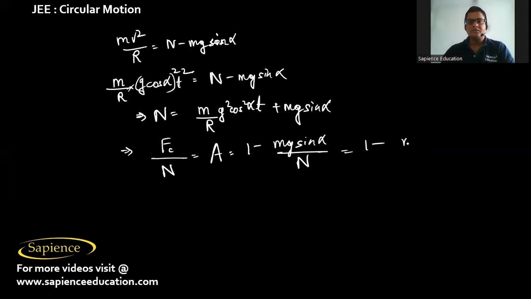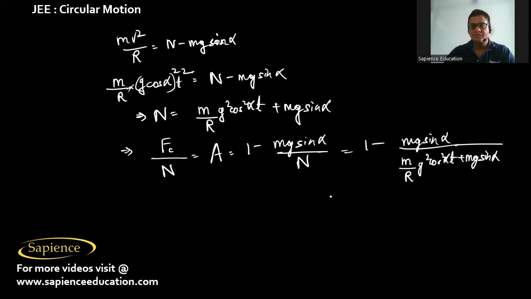So this will be 1 minus mg sine alpha divided by m by r g square cos square alpha into t square plus mg sine alpha. So m I can cancel out, and g also I can cancel. So this will be 1 minus sine alpha by g cos square alpha t square